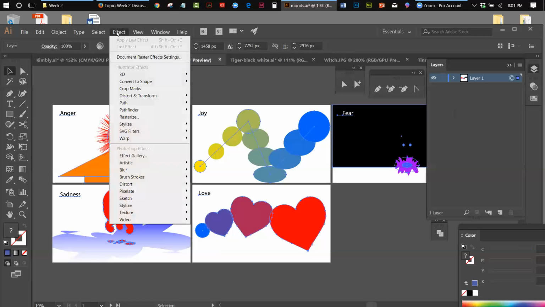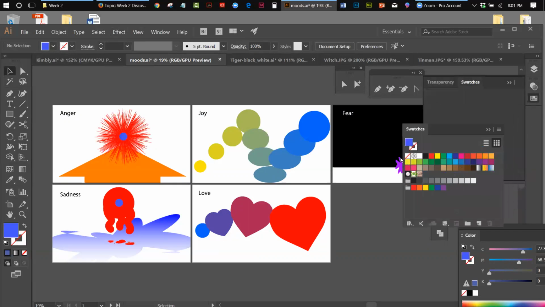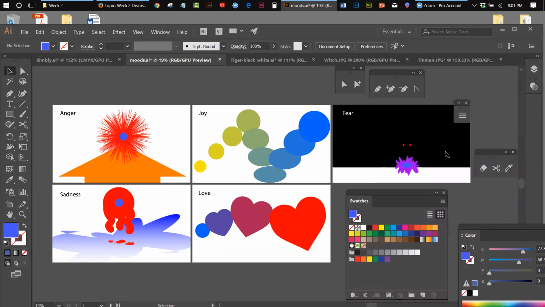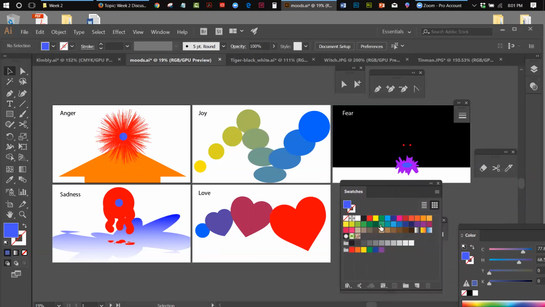And then actually, let me do this before I do this. Give me a second. Let me just come over to my panel. Okay, here's a very important thing. This is something that I should repeat to you. I don't really have any of these colors in my swatches panel. I mean, there's probably something similar to it there, but I don't really have the colors in there. What I like to do as a graphic designer, whenever I work in Adobe Illustrator, and I didn't do this to this particular piece because I just wanted to get this thing thrown together real quickly,